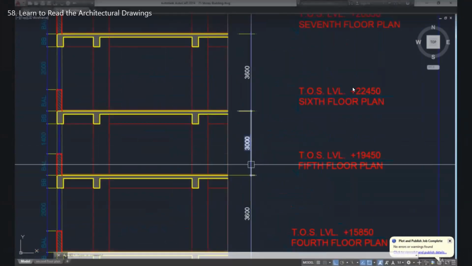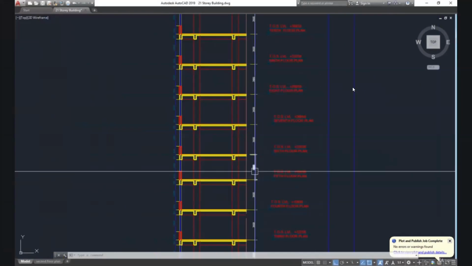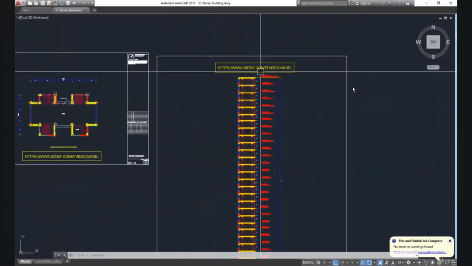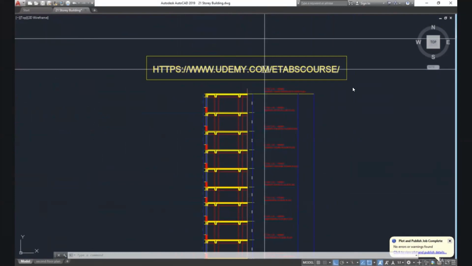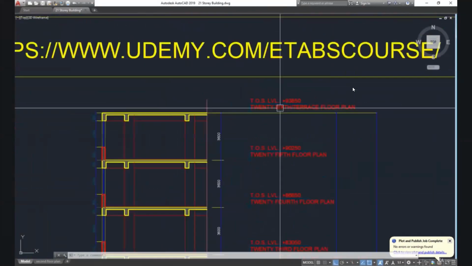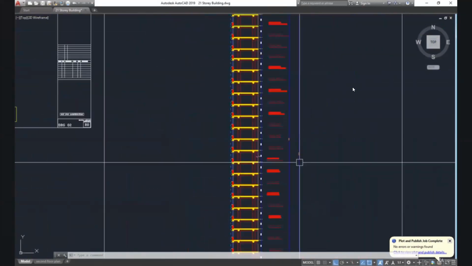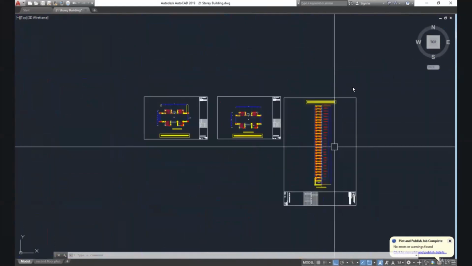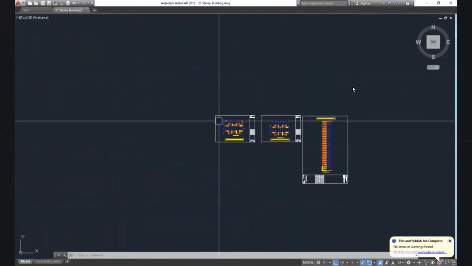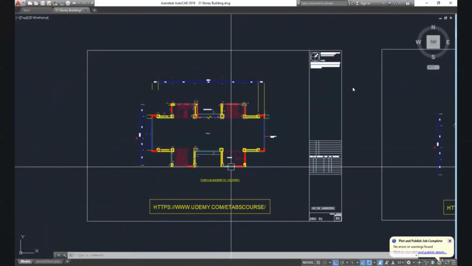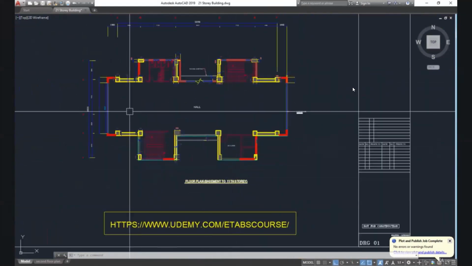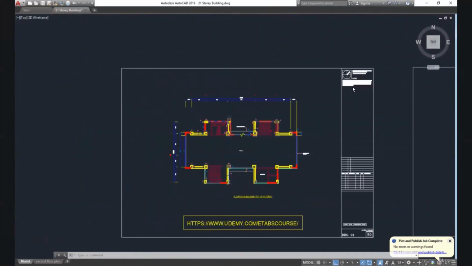And in between, wherever there are service floors, the height is 3 meter. In our case, the building is up to 26th story and the total height of the building is 101.85 meter.